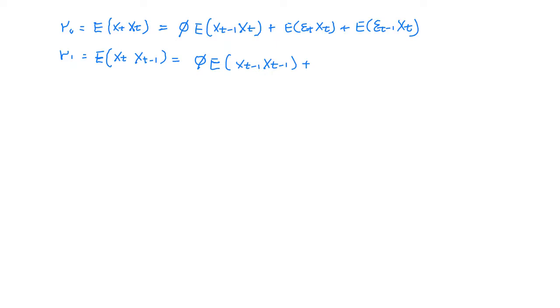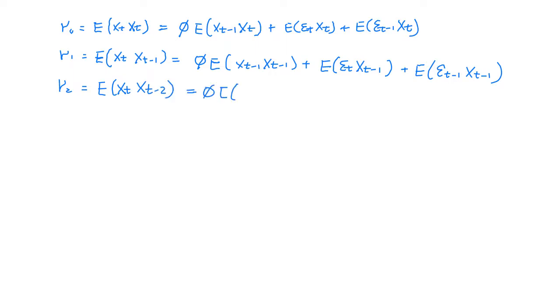You will get this. Gamma 2 will be Xt minus 1 Xt minus 2 plus epsilon t Xt minus 2 plus epsilon t minus 1 epsilon t minus 2. Okay, so if we simplify those three equations, we will get